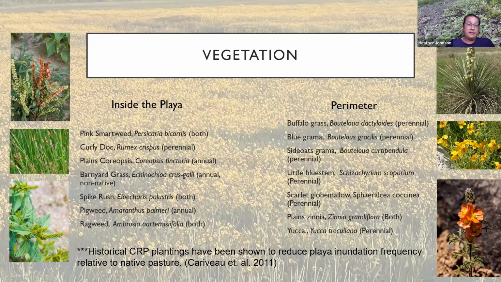I would like to point out a practice that seems to be very beneficial for wildlife, but it's been shown through some research that older historical CRP plantings have been shown to reduce playa inundation frequency relative to native pasture, and a lot of that has to do with the species of grasses that they chose to put in a lot of those traditional CRP plantings.